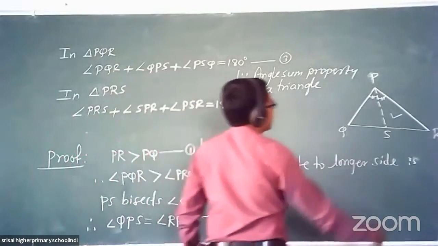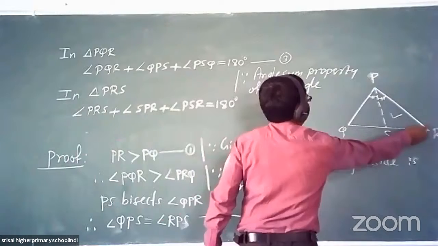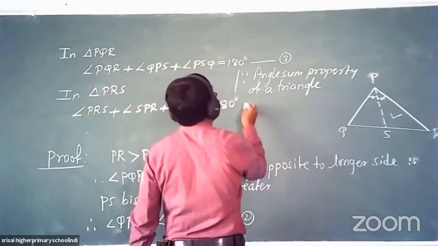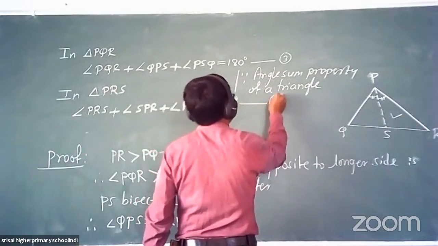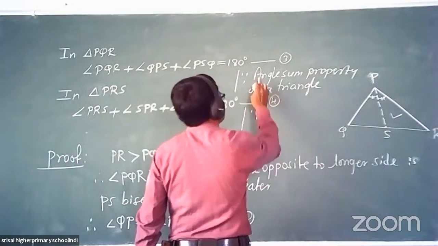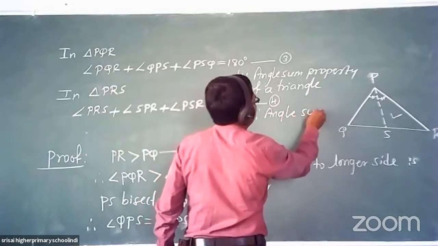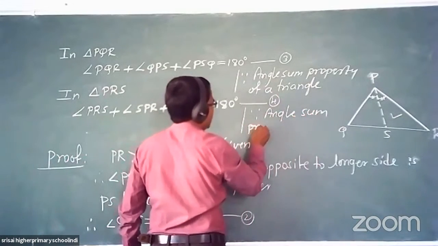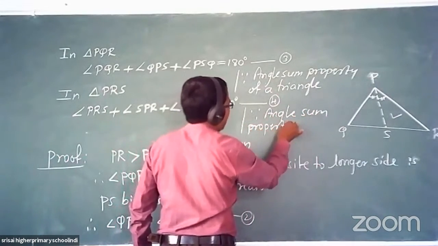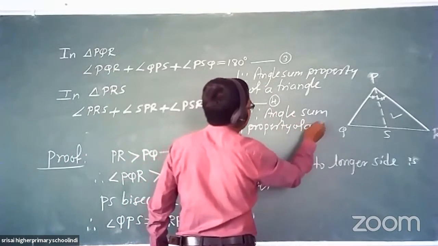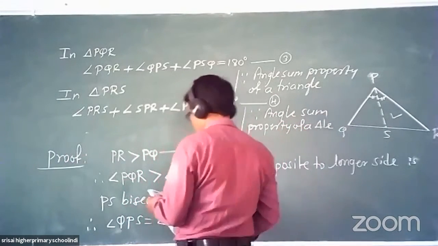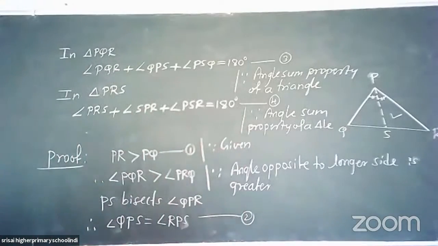We are applying the angle sum property to triangle PRS. The reason is the same: angle sum property of a triangle. Okay. Now,